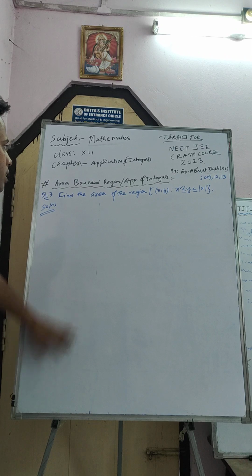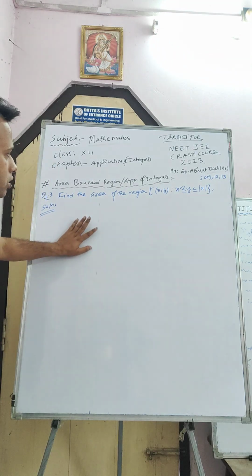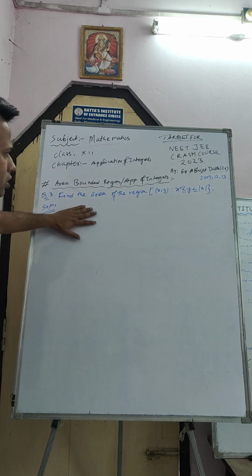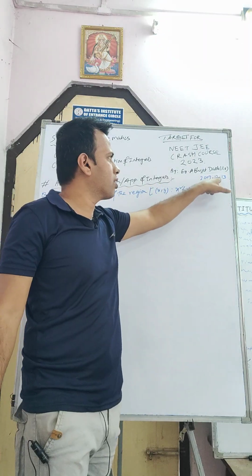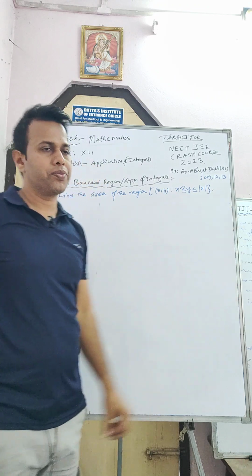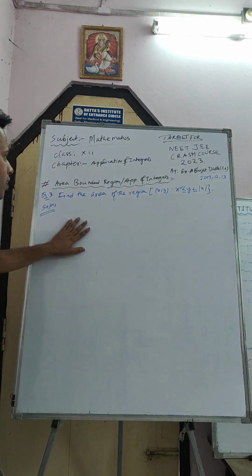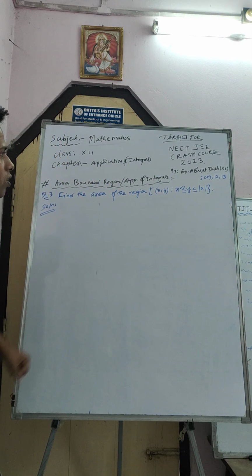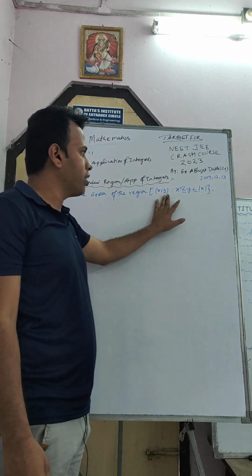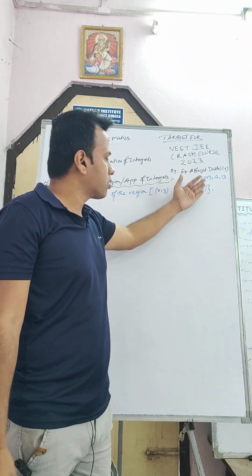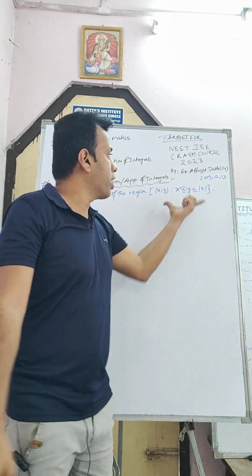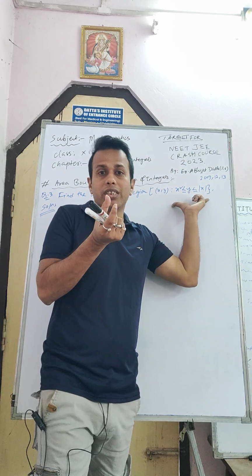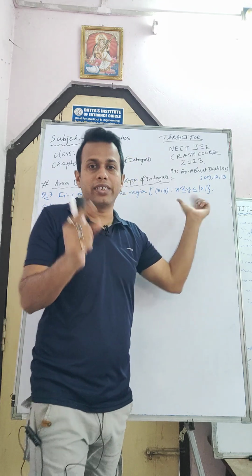So our next question, that is the third question, is a different type of question. These questions came in CBSE 2009, 12, 13 and 19. Okay. So find the area. This question is like that. Find the area of the region {(x, y) such that x square is less than or equal to y, which is less than or equal to mod x}. So here two equations are given. One is a parabola, another is a straight line. Okay.